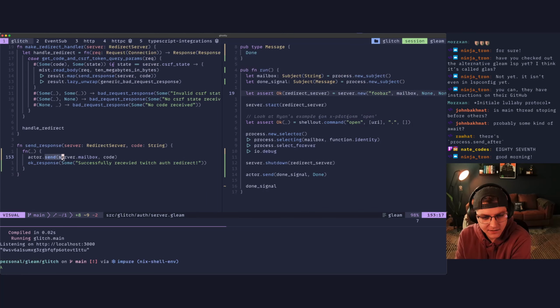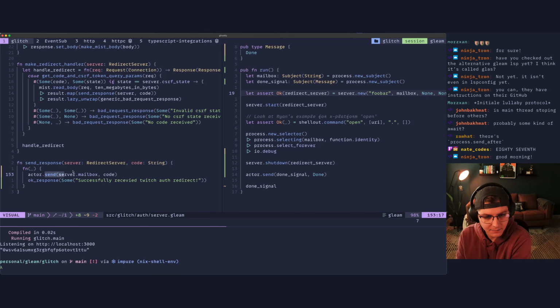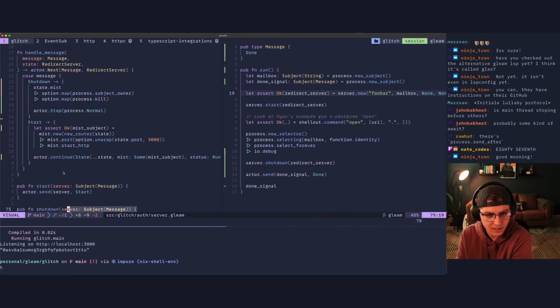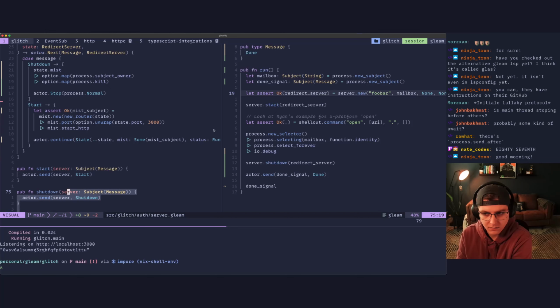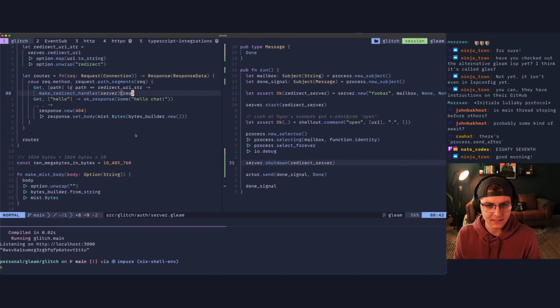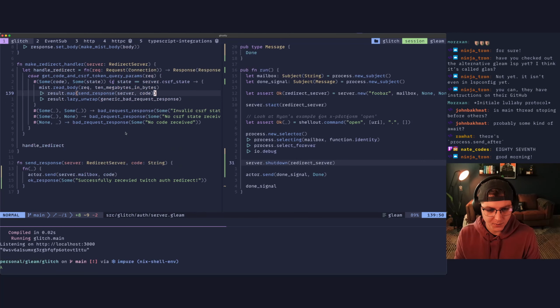And so we say actor.send server mailbox. And then before we return the OK response, we're sending this. And I don't know if this message handler up here is picking up. Well, we would pick that up right here. We would then call shutdown. So I don't think it's ever getting back. So maybe the way we do this is rather than putting actor.send in here,